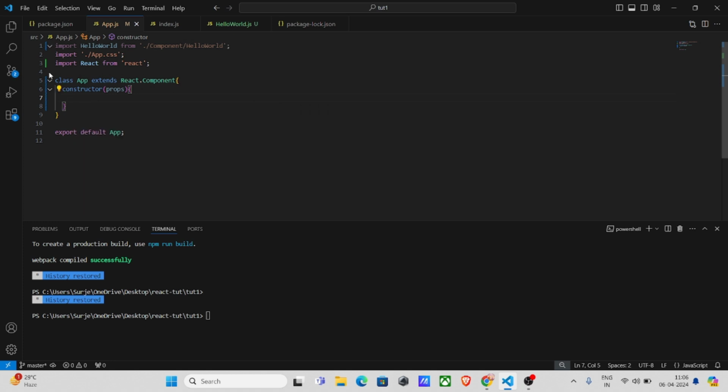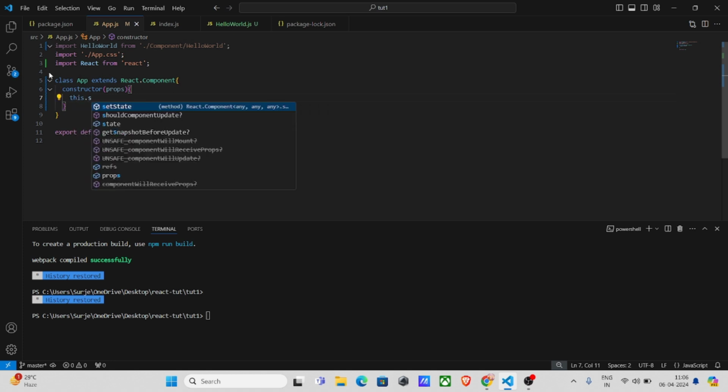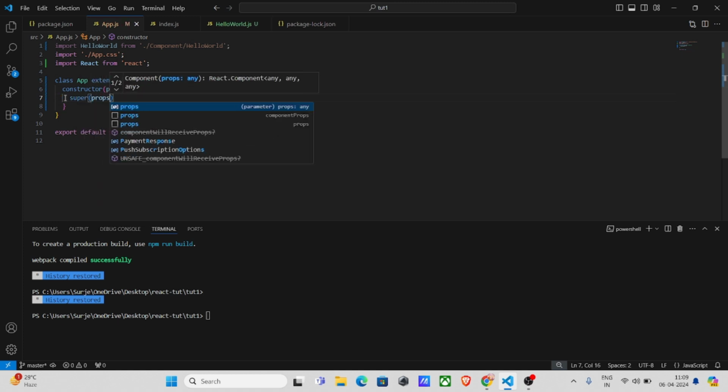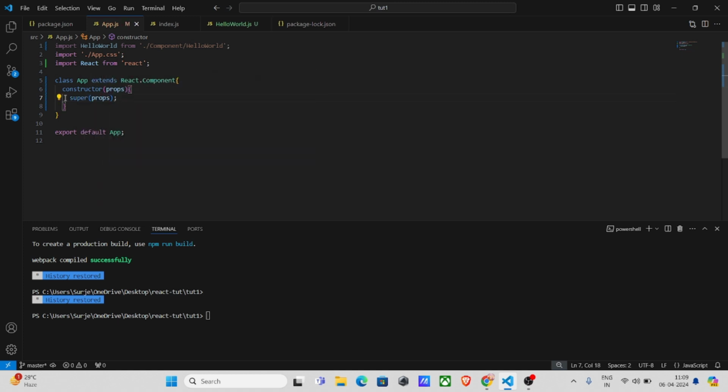You also need to call the super method inside this constructor. The super method will call the parent constructor of the App class. Here App is the child class which is extending the Component class as a parent, so the super method will call the constructor of the parent class to initialize properties,